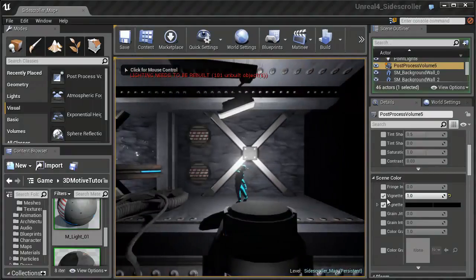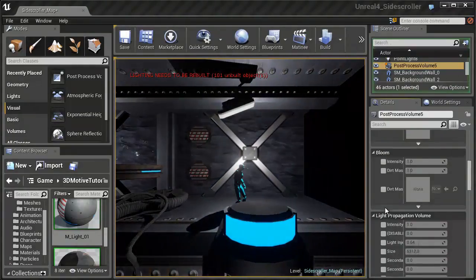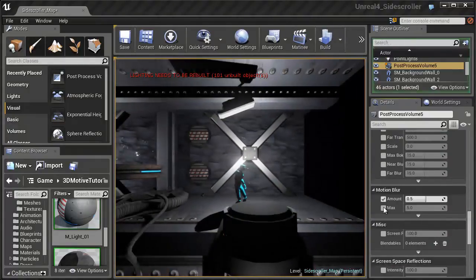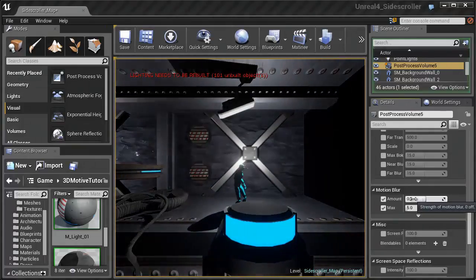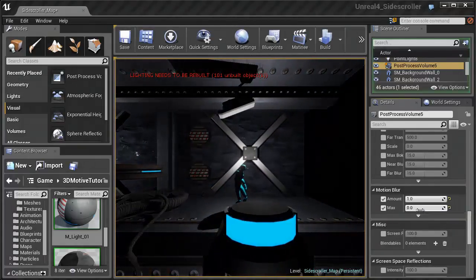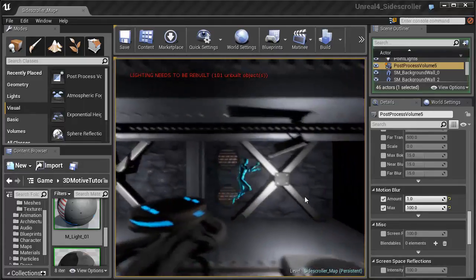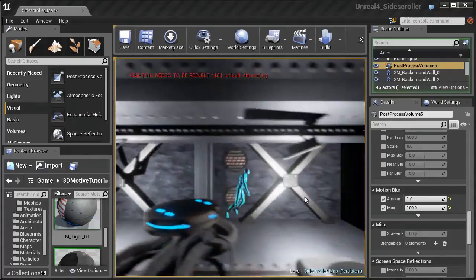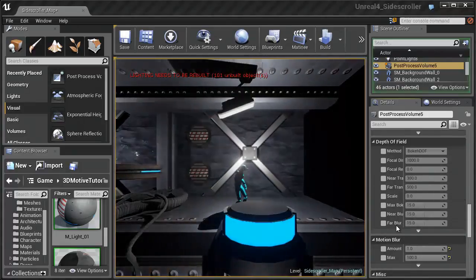So for right now, I'm going to turn off our vignette so we can work with some other stuff. For example, if I come down to our motion blur, we can turn our motion blur up, and the amount is the strength of motion blur. 0 is off. So I'm going to increase the max amount of my motion blur to like 100, which is way too high, but when we run through our post-process volume, it gets really blurry and kind of hard to look at. There's also things like screen space reflections, which is something that we're going to be dealing with later,